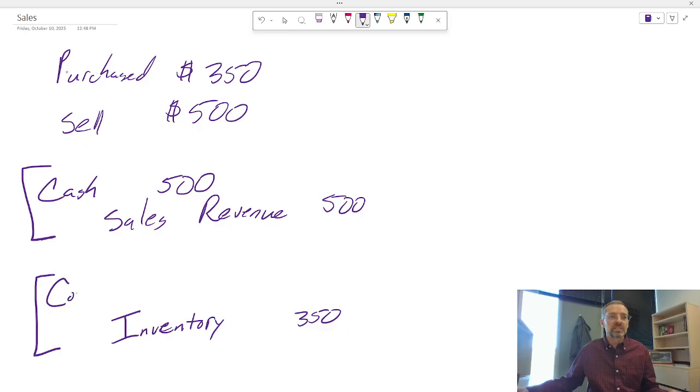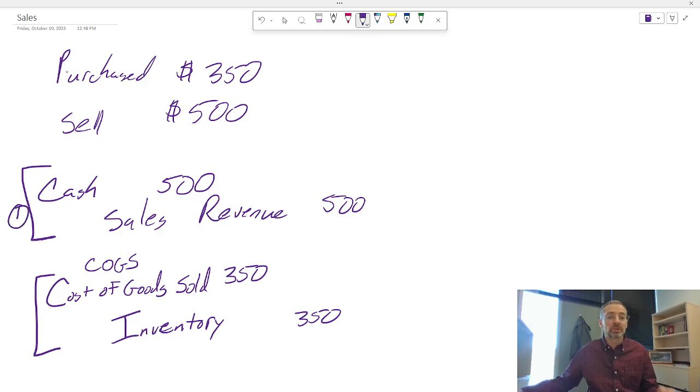We are going to call this expense cost of goods sold. And I usually abbreviate it COGS or COGS. And the expense is $350. So we have two journal entries here. One is, again, the interaction with the customer, recording the revenue or the amount of work that we did for the customer. And the second one is recording the expense associated with using up our inventory. And now that inventory is gone. So that's the expense right here.